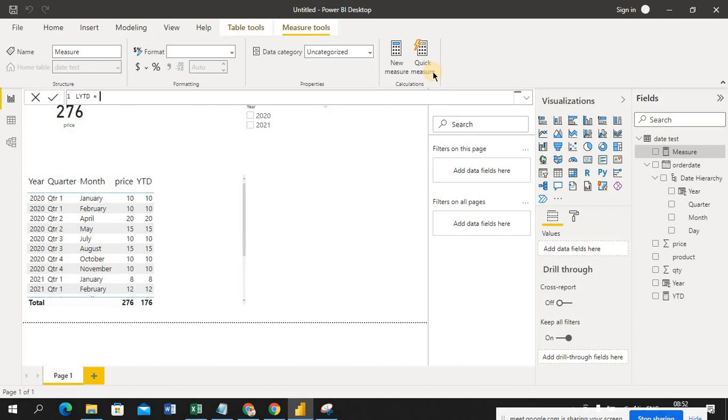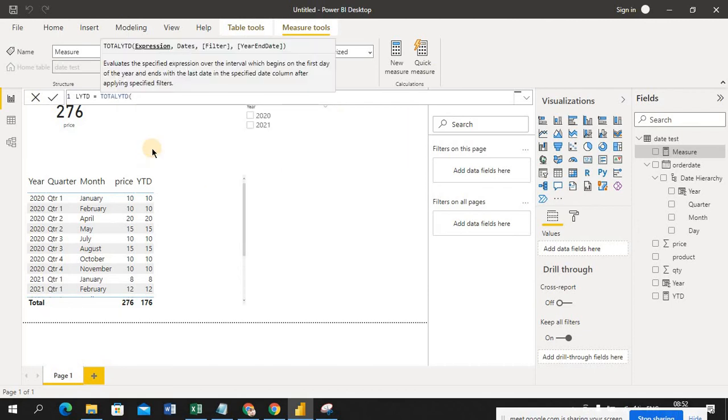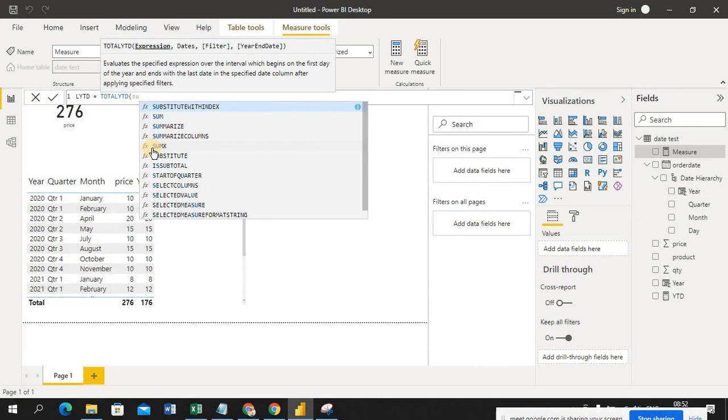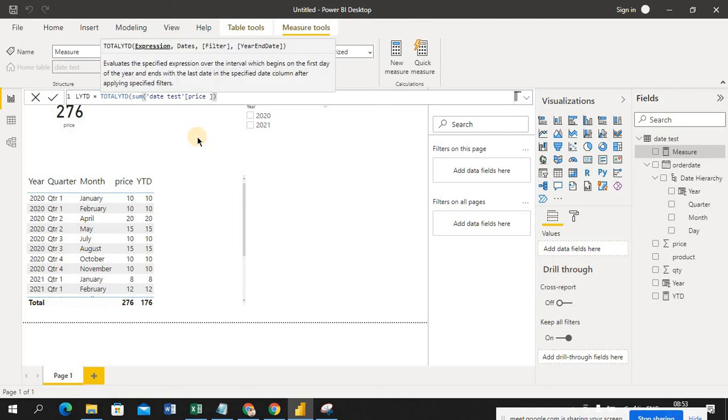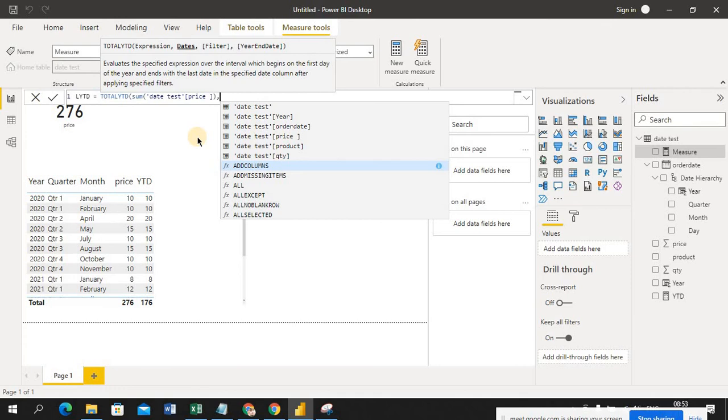Total YTD, the expression expected is the same, sum of price, close, comma, then date.